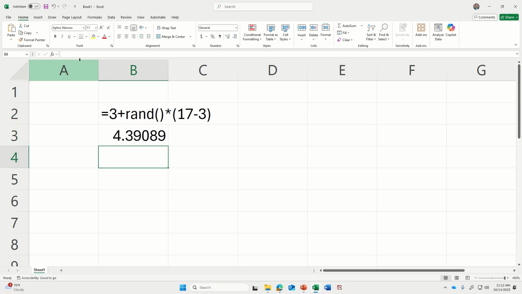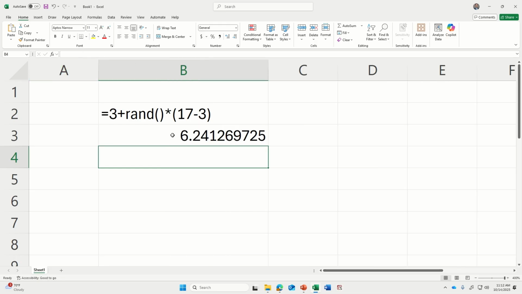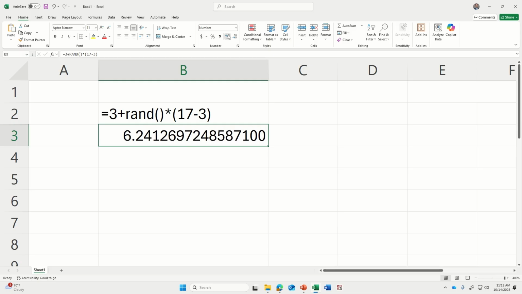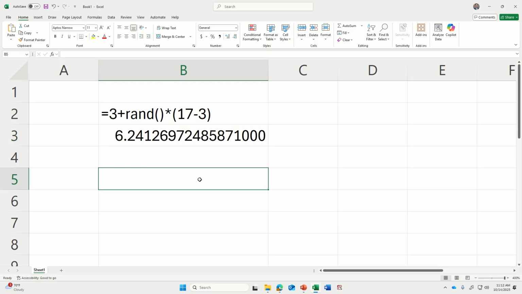What it's going to do when I type in this command is every time I hit the F9 button, it's going to give me a new random number between 3 and 17. But what's different about this